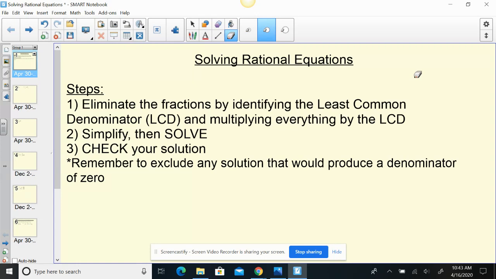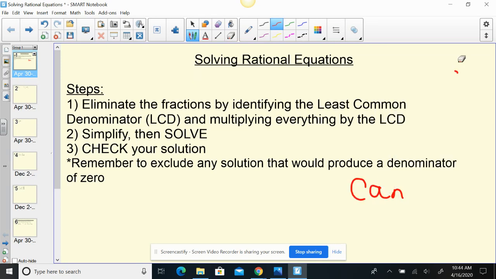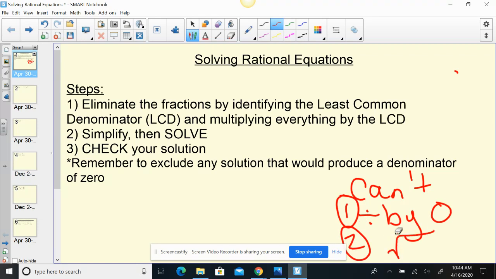denominator of 0, because remember in math, two golden rules: we can't divide by 0. You guys have seen me write this on our board a zillion times, and we cannot even root a negative number. So these things are impossible all the time in math. Okay, so